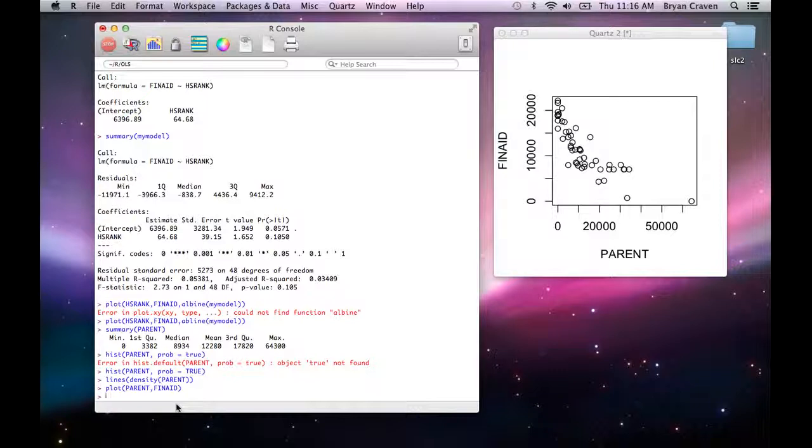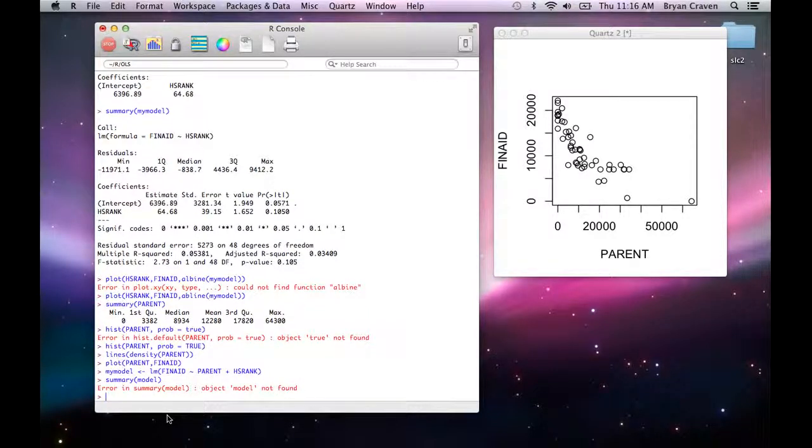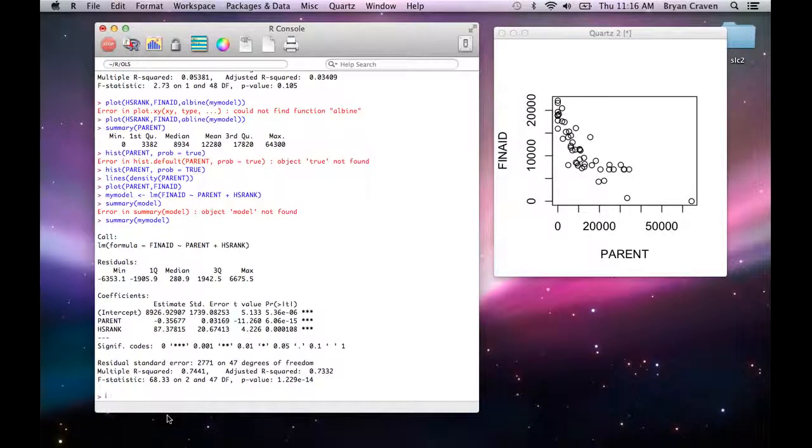So in R, this is pretty simple. You just add the new independent variable to the right-hand side of the model specification. So if you say my model, and you say lm, and again we've got FinAid on the left, and parent, and then you just add that second independent variable, so HS rank. And you're going to do the summary of my model. We're just writing over our old model there. So looking at summary of my model,